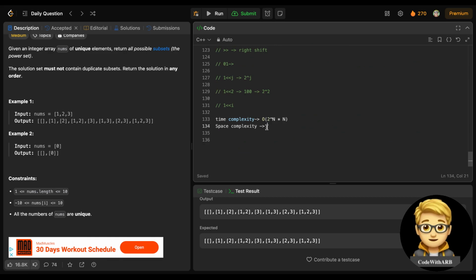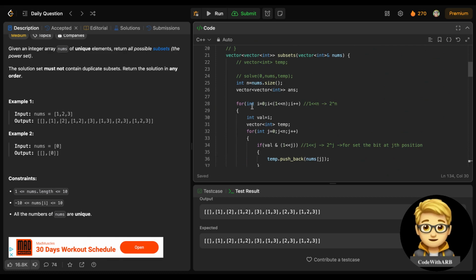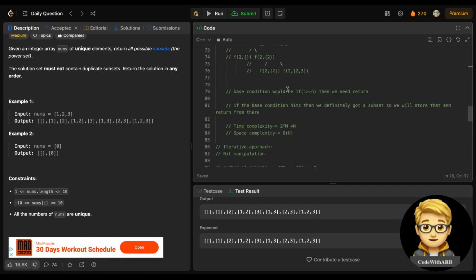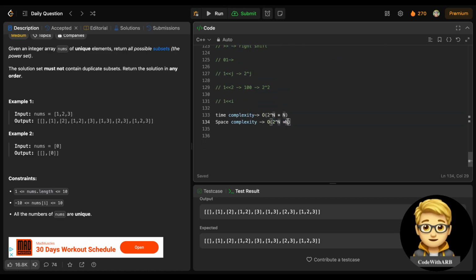So that will be O of 2 to the power n to store all the elements, and for each one, again O of n, right? Because for storing all the elements, we need 2 to the power n elements. So that will be storing an answer, so the space complexity is O of 2 to the power n, right?